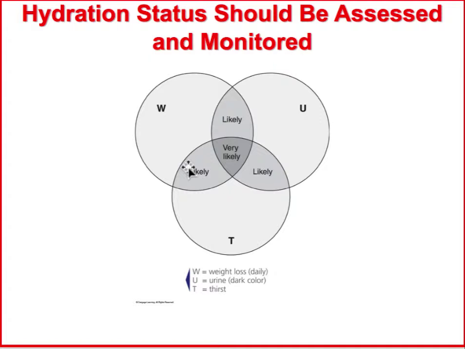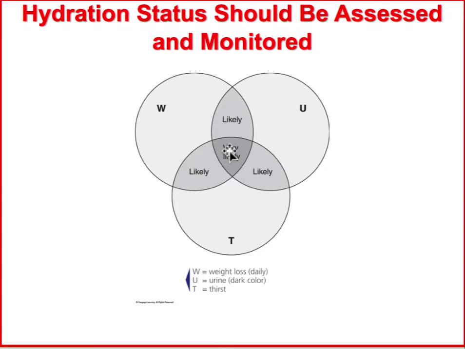You can weigh yourself after exercise. And so if you've lost weight after exercise, your urine is very dark and you're not taking supplements or something that would change your urine color, and you're thirsty, then there's probably a good chance that you're hypohydrated.